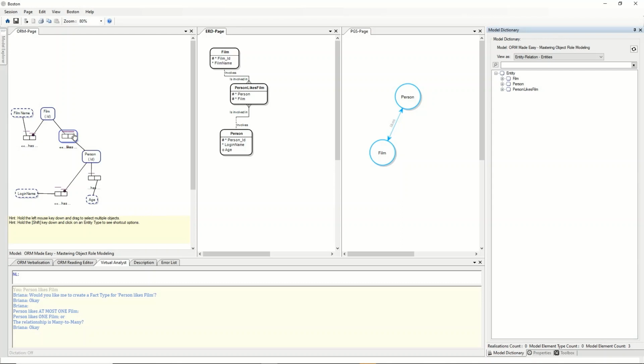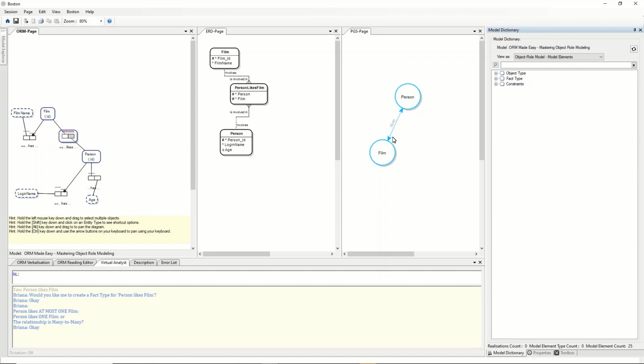it's done that for two reasons. One is because we've set up this many-to-many relationship, but we've also done something special. We've objectified or nested this fact type. So you can see it's got a blue line around it as if it were an entity type, and that's effectively what we've done. We've created an entity which sets up a many-to-many relationship. It's got a multi-column primary key against person and film, and we've also set up a many-to-many relationship within our